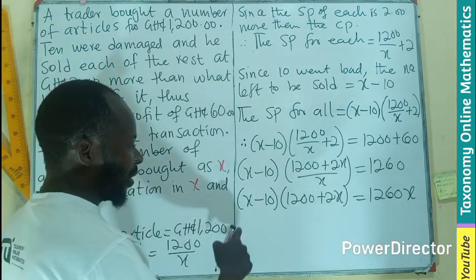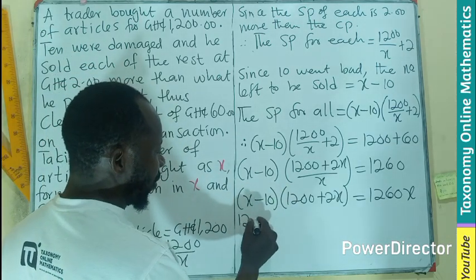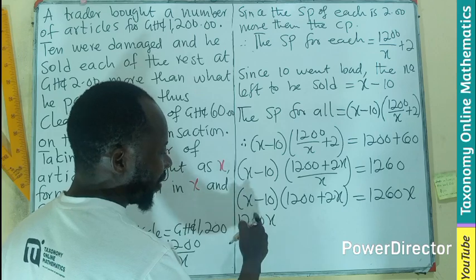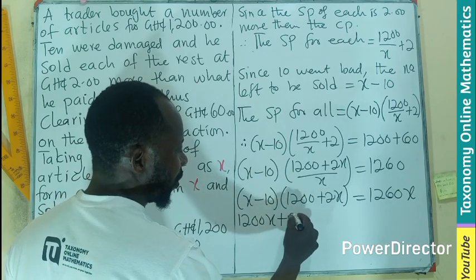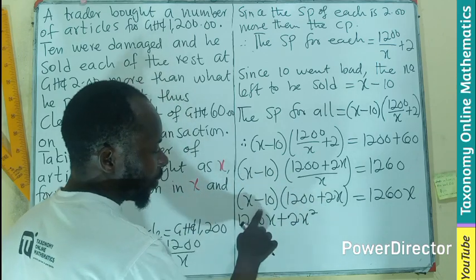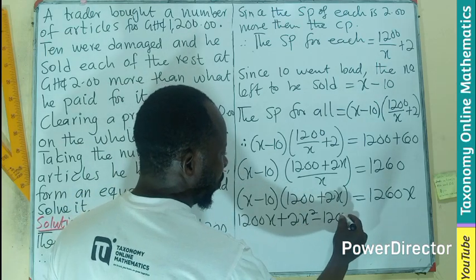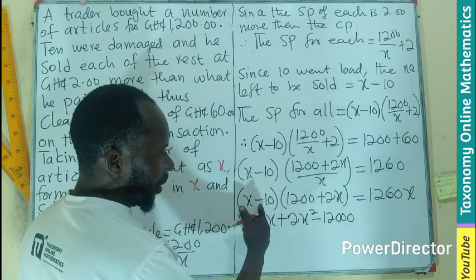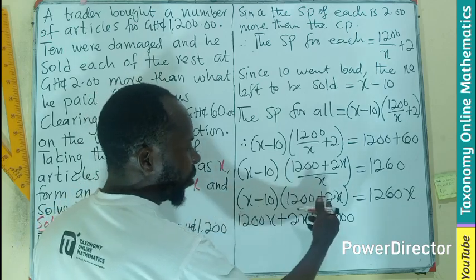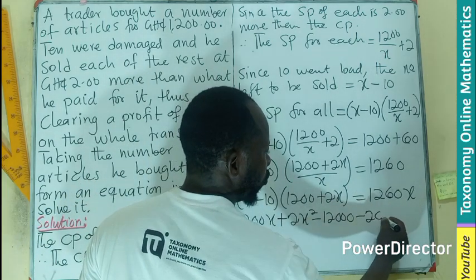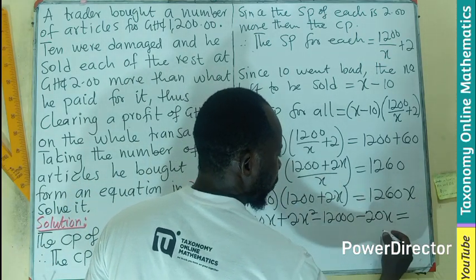Let's open this bracket. x times this will be 1200x. x times this will be 2x squared. Minus 10 times this will give you minus 12000. This is also coming to multiply this to minus 20x equals to